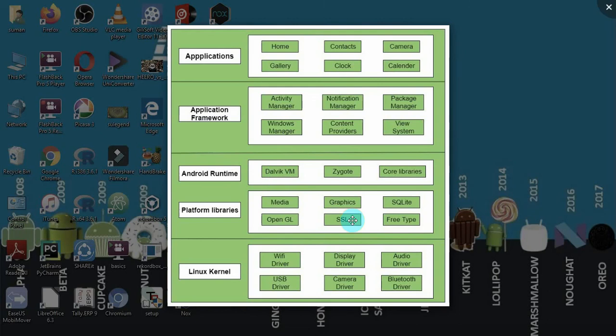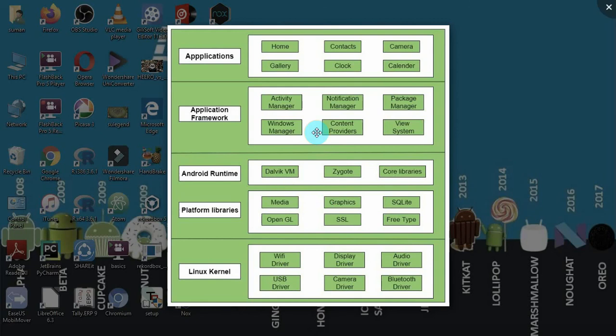Today's tutorial I will stop here, because I just wanted to talk about the architecture of Android. The server is down for maintenance, so I couldn't load the document first. I will surely put up a document after this video where you can refer to it.